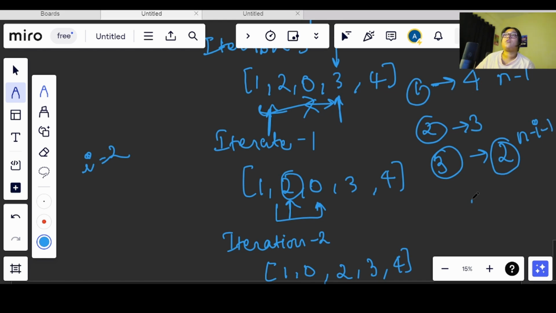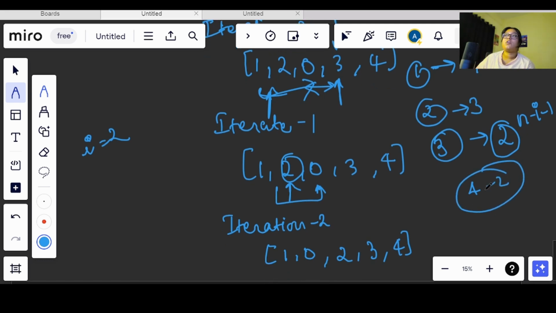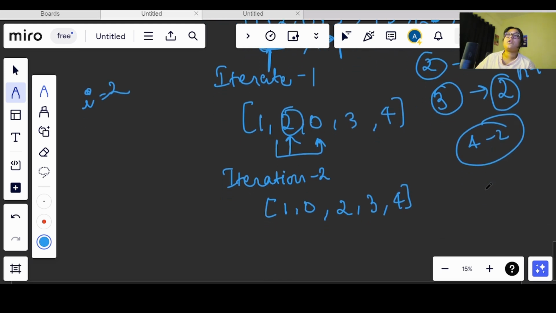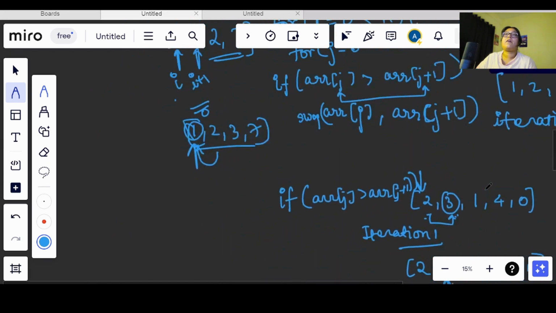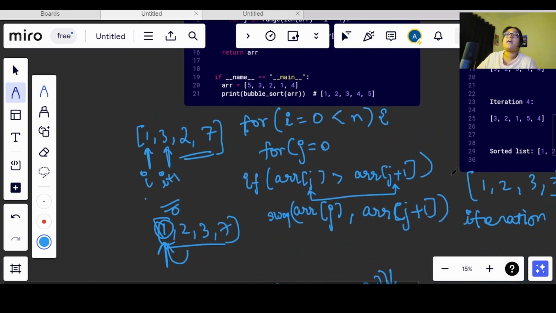We had 4 and we have 2 here, so we are getting 2 here anyway. So these are the times that j will be iterating. So now in the loop, we have I iterating from 0 to less than n, and j will be iterating from 0 to less than n minus I minus 1.